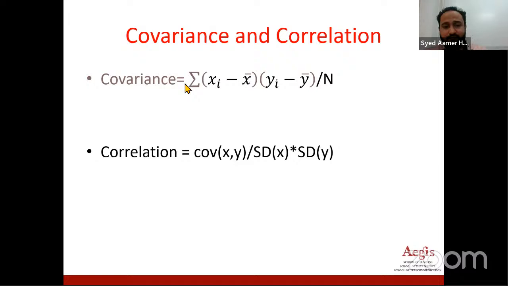Now, understand the meaning of covariance. Covariance is about any two entities you're talking about. Let me take one entity to be x and the other to be y.